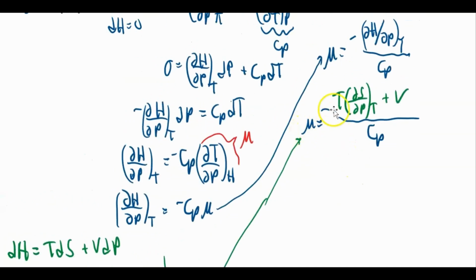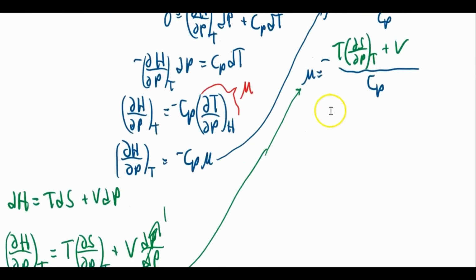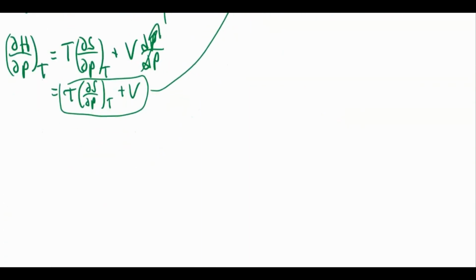Okay, so this is our equation for the Joule-Thomson coefficient, but we don't have it in terms of PVT data yet because we have entropy right here. So we need to find another relation for this partial derivative. And we're going to use Maxwell's relations. So I'm going to scroll down a bit more, and we're going to look at another fundamental equation, which is